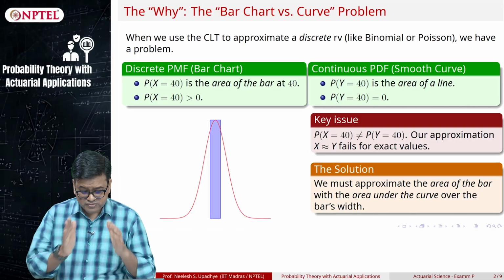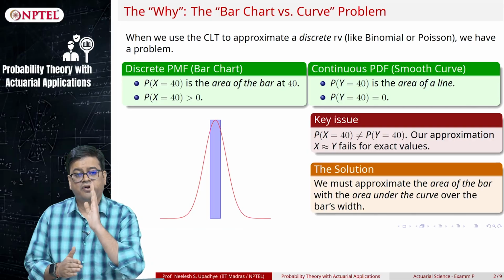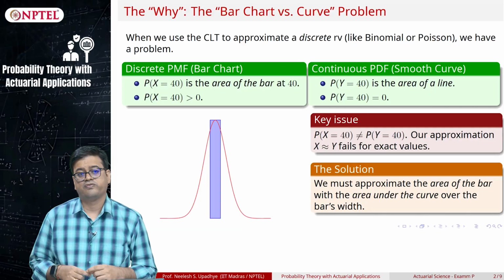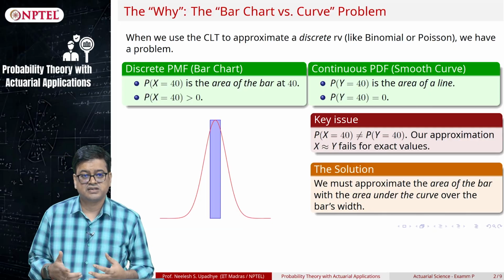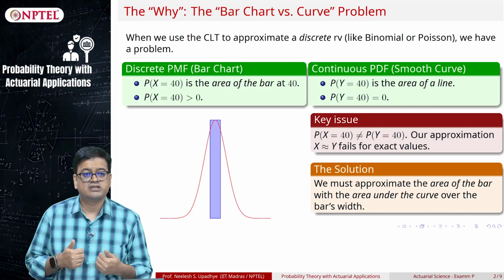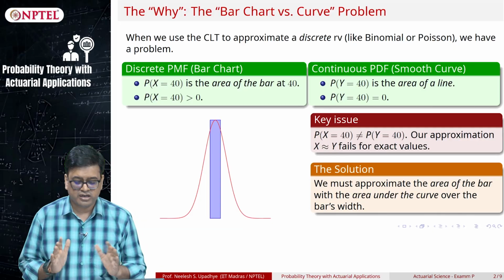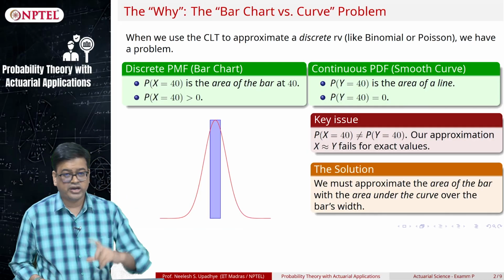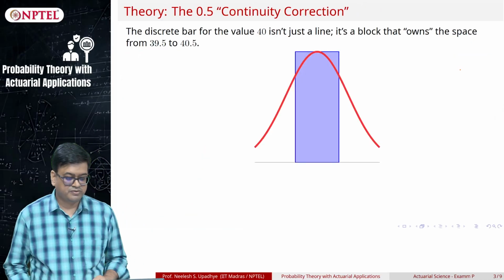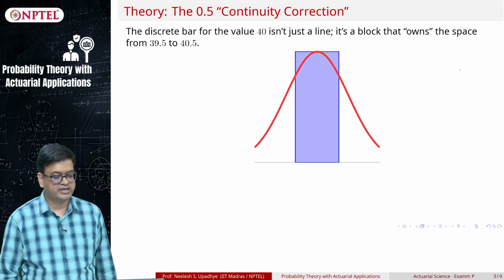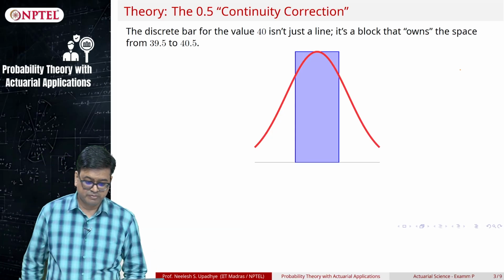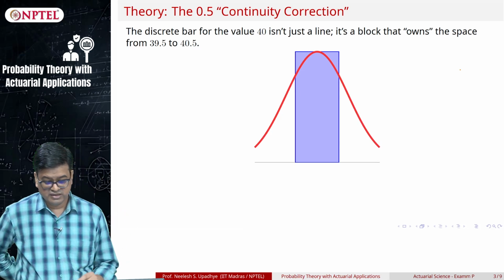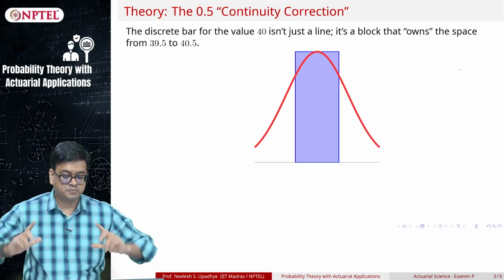That means, if I am handling a point at 40, I will look at unit length around that point 40, which, if x is equal to 40, should be distributed from 39.5 to 40.5. That is the crucial understanding that we require for splitting that point mass. That is what we will call the 0.5 continuity correction. So, when a discrete bar that is given to you has a value 40, it is not just a line, it is a block that owns its space